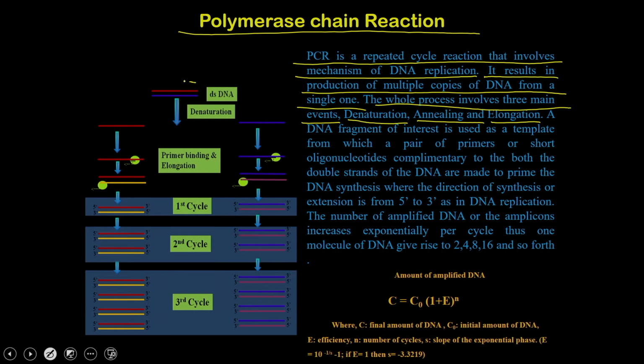So, you can imagine that you start with an original copy of the double stranded DNA. Under denaturation, when you heat the sample at 95 degrees Celsius, the two strands of the original copy are separated, and it gives you two strands. Now you enter the annealing phase, where you lower the temperature so that the primers are going to bind.